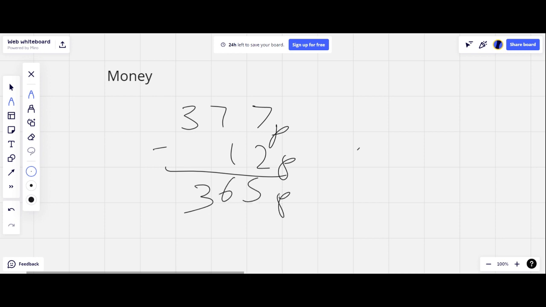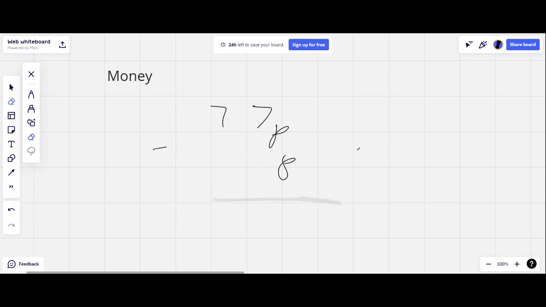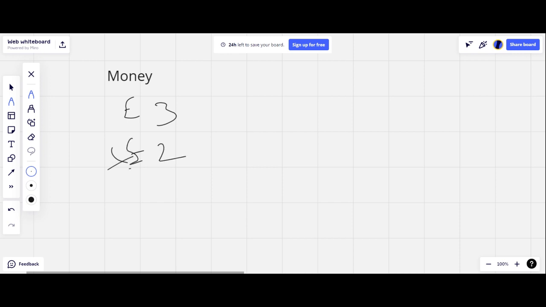365 pence. Easy. Normal subtraction. So basically, if you look at pence, everything is normal. Like in pounds, if you get 3 pounds times 2 pounds, it's a normal multiplication, and the only difference is the pound sign. So whenever you get a pounds or pence question, just forget about the pound and the pence for a second,